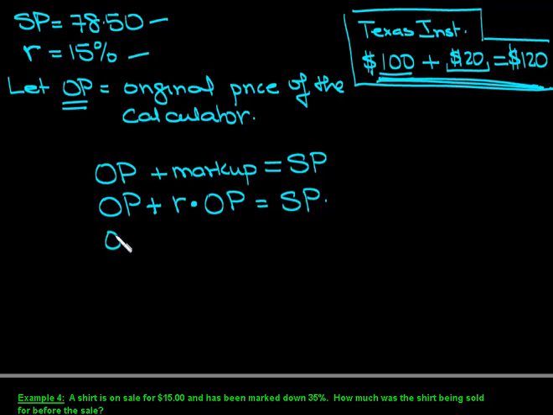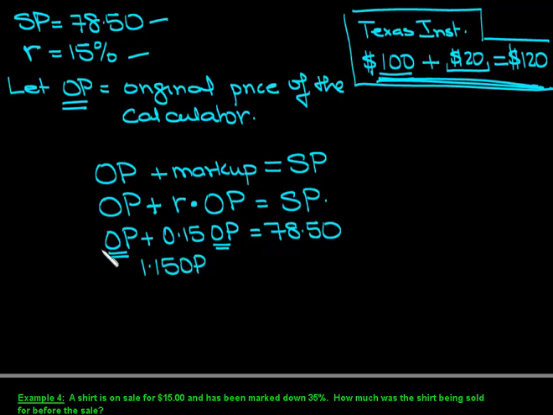We have OP is something we are looking for, plus R is 0.15 of OP is equal to 78.50. It's already in terms of one unknown. Even though it looks like two variable letters, it's really one unknown. So we just add them up on the left, so we get 1.15 OP, because this is 1, and you're adding that, should equal to 78.50. I want to solve for the original price, so I divide both sides by 1.15, so I get OP is equal to 78.50